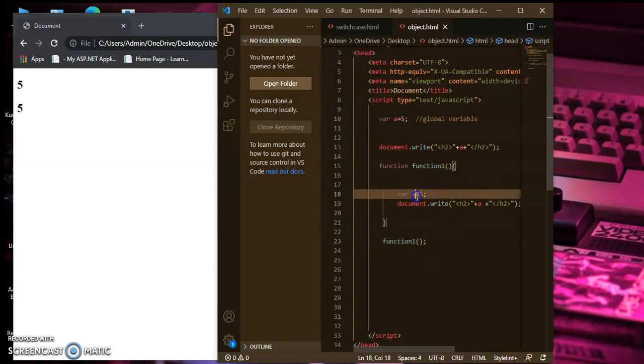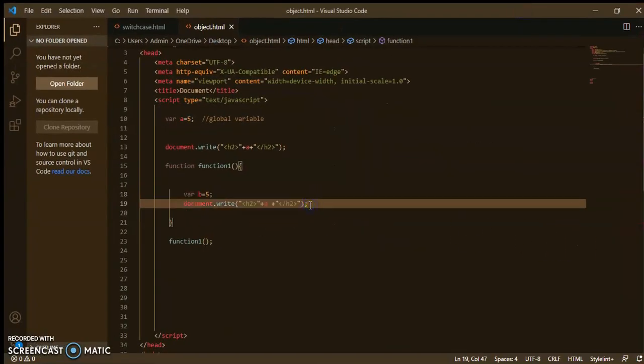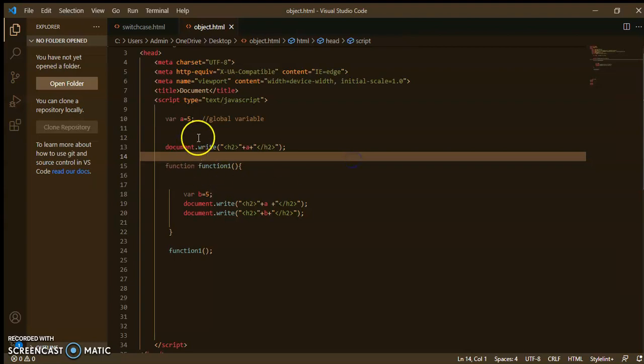suppose you have this variable b, and you want to use the global variable's value inside of this function, the a. Then what you will do is write a document.write statement, and inside of that you will write to print the a value. And if you want to print this b value, you write b here. So a global variable's value inside of the function you can use.